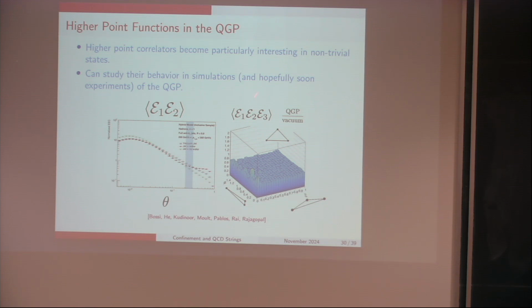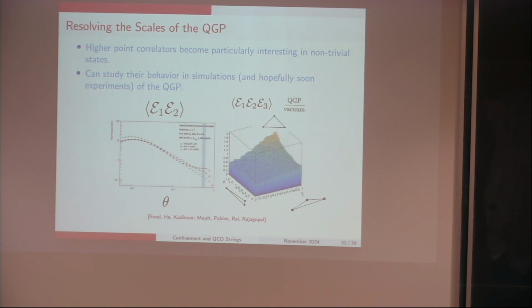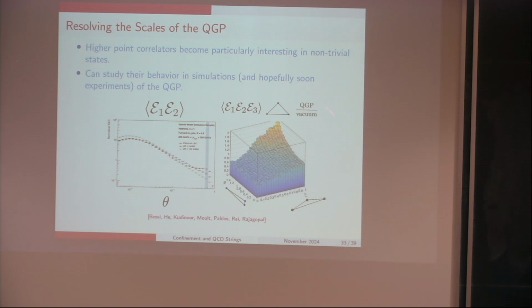What's shown over here is the ratio of the 3-point function in the quark-gluon plasma to the vacuum at different overall sizes, and I'll move out here. When you're still in this regime, you see no difference between the two, and then as you push the operators into the QGP, you'll see a change in the shape. As you move out like this, you really get an enhancement